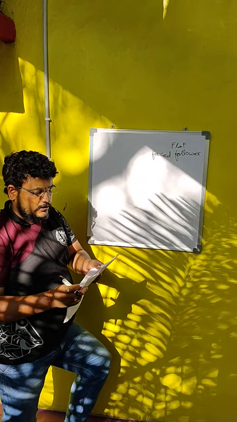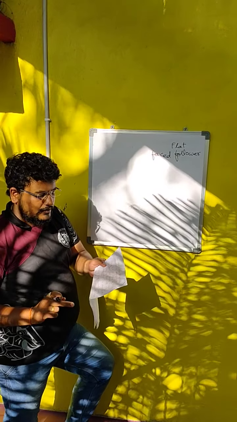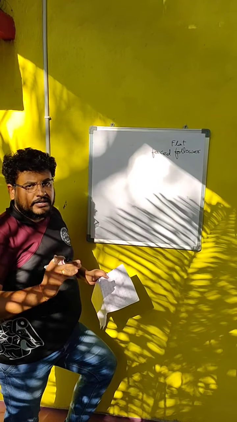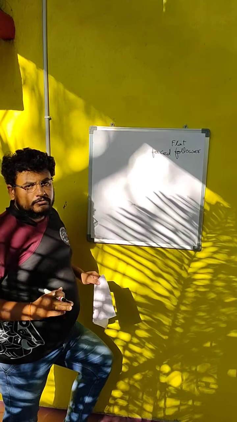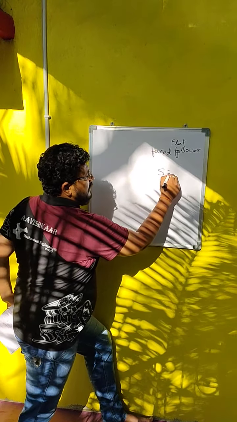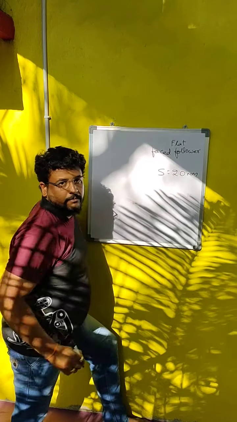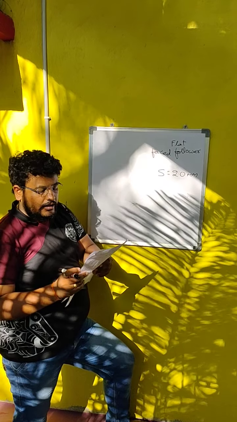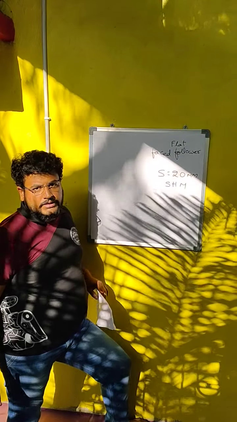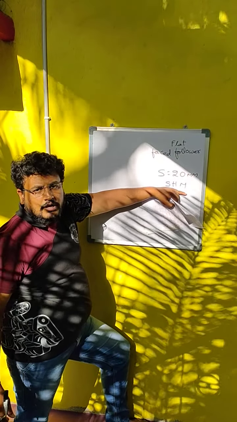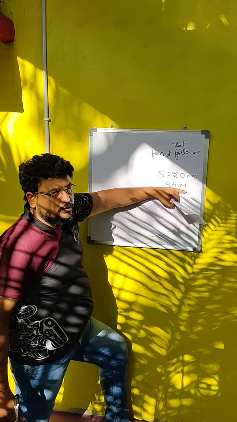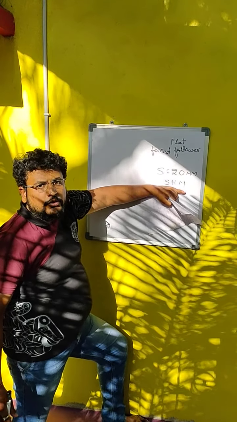Now let us go through the question. During first 120 degrees rotation of the cam, the follower moves outwards to a distance of 20 mm. That means for the first rise period of 120 degrees, the follower moves a distance of 20 mm. That means stroke of the follower S is given as 20 mm. Which type of motion? Rise period is given in simple harmonic motion. As this is given in simple harmonic motion, we have to draw the displacement diagram for simple harmonic motion. Suppose in the question it is given as uniform velocity, we have to draw the displacement diagram for uniform velocity.